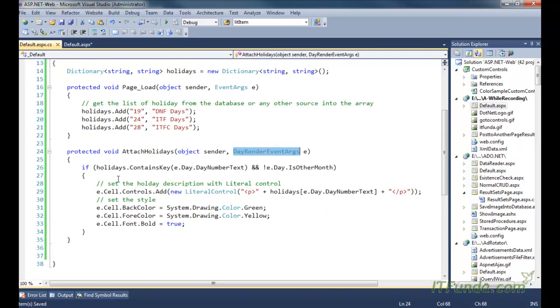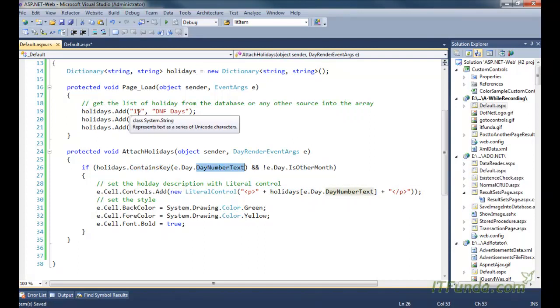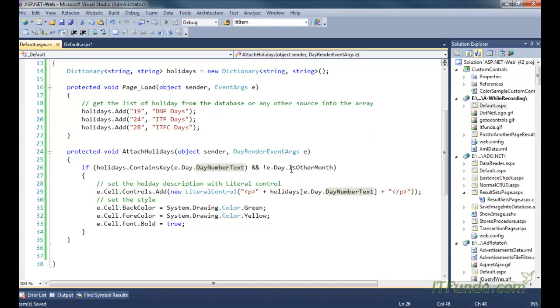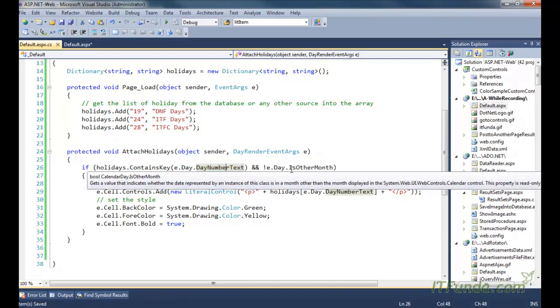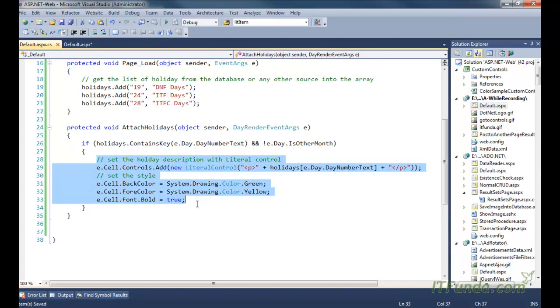Now here I am saying that if the holidays dictionary has the key e.Day.DayNumberText, where day number text means either 19th or 24th or 28th, and this date does not belong to another month, meaning it is in the current month, then come into this if block